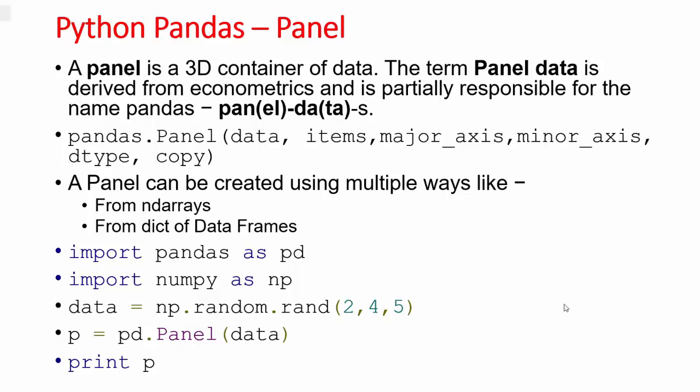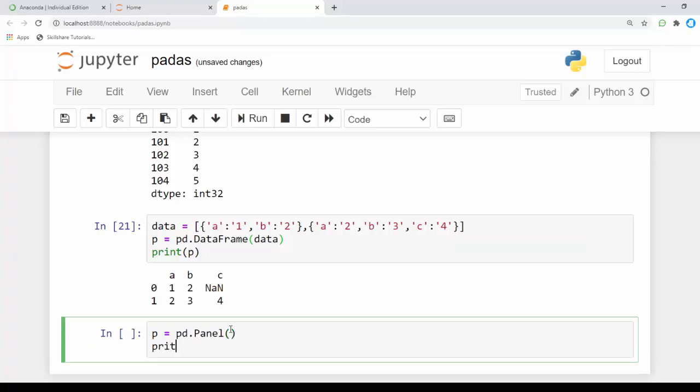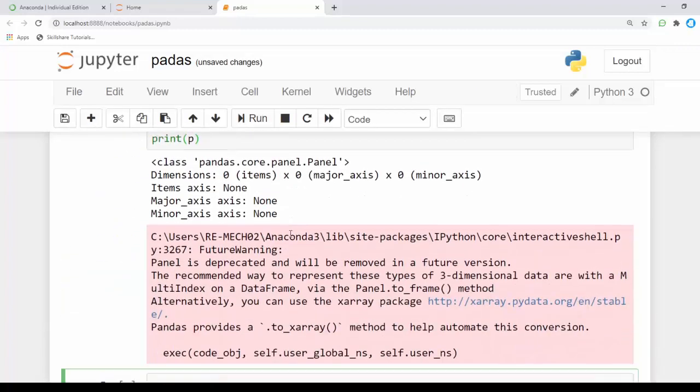I'm going to open my Jupyter notebook. To create a panel, I'm going to call pd.Panel, leave it empty, and print p as we did before.